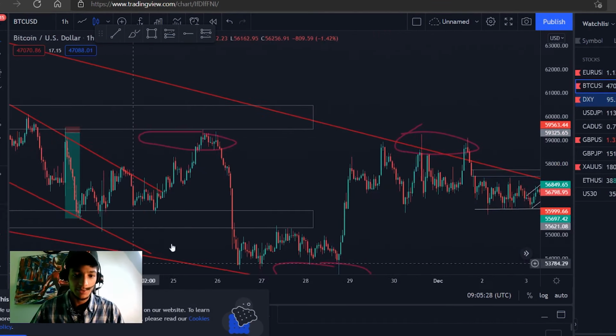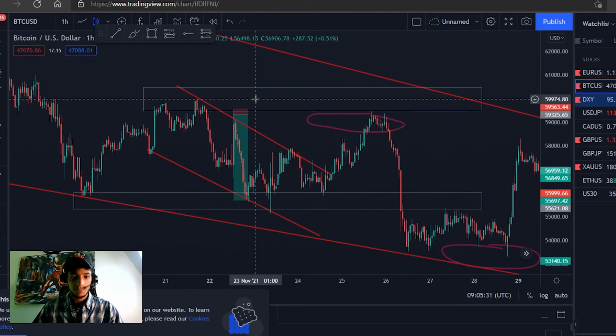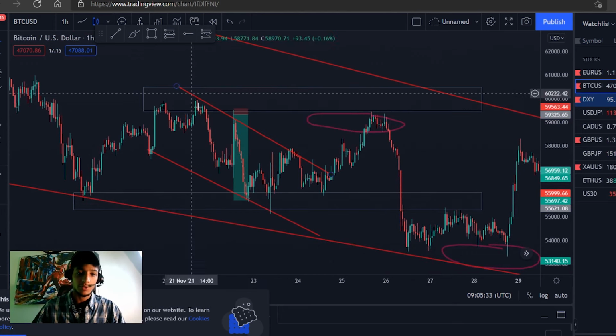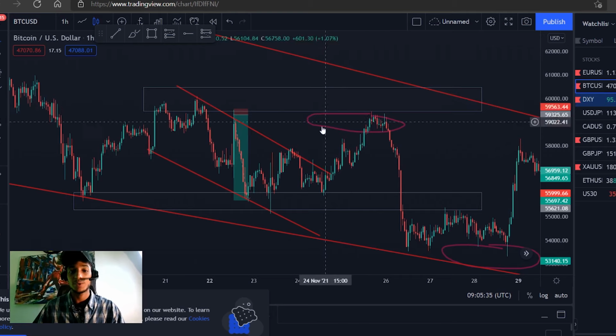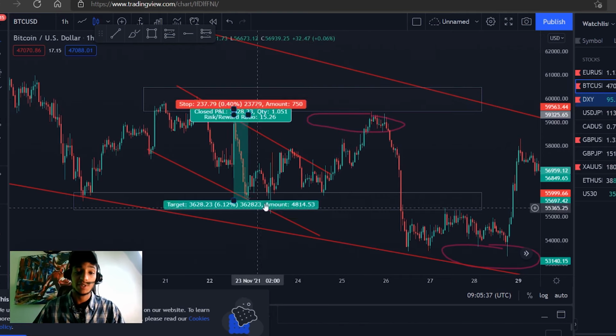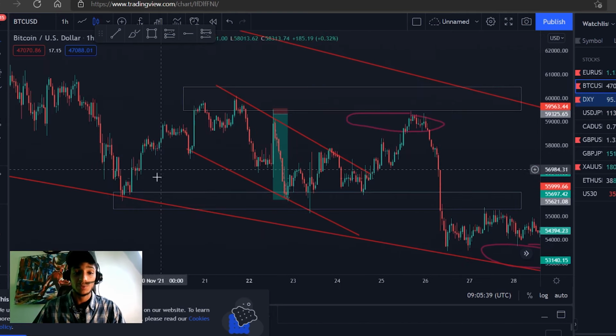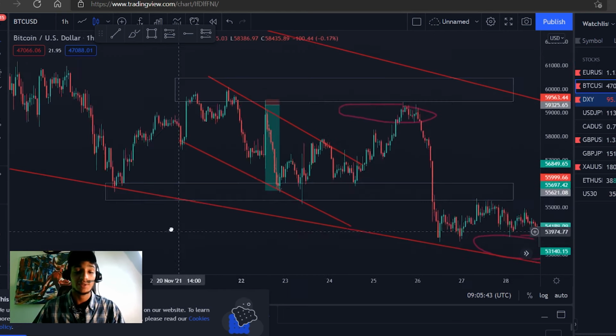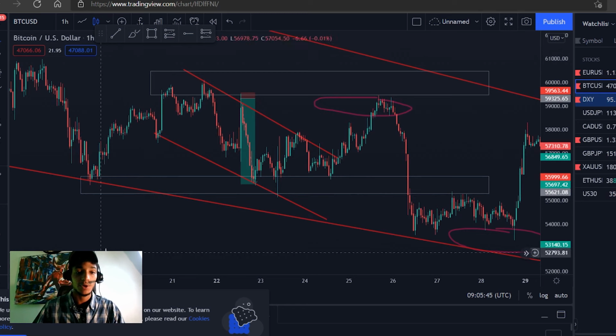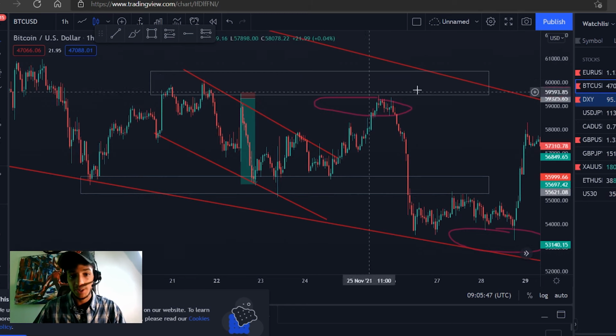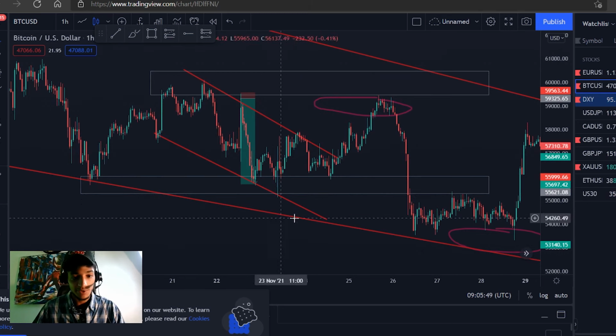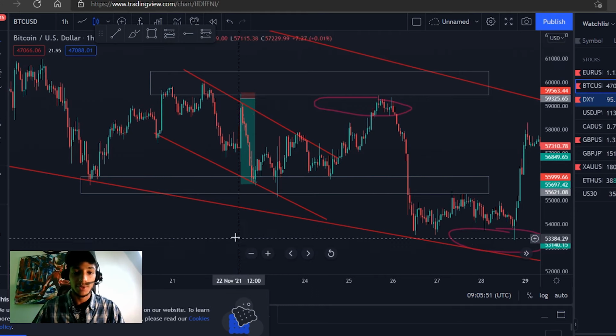Why did I take this trade? Well, first you can see this sense of support, or the sense of resistance and the sense of support. I saw the market was not trending at the moment, it was consolidating. It was creating a sense of a range in the market. So I had my lines drawn up, had my support and my resistance zones drawn up, and I saw that